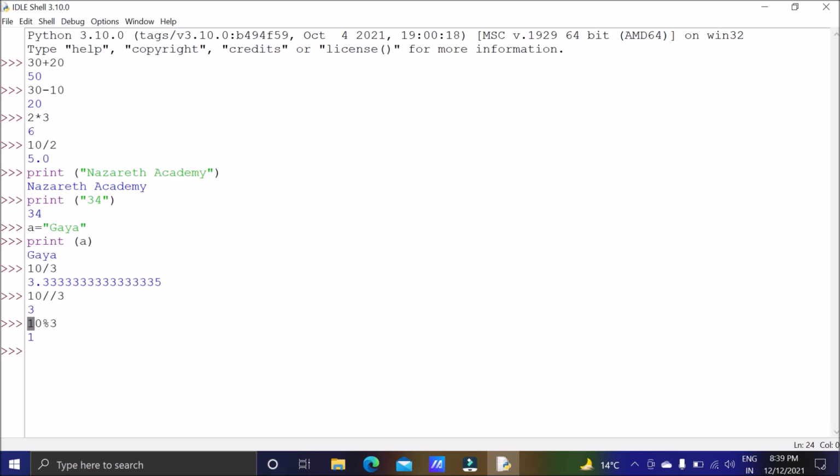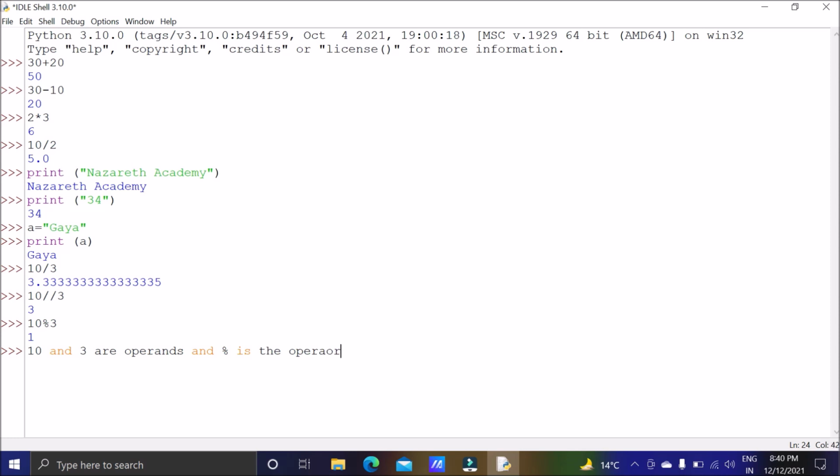And these numbers 10 and 3 are called the operands. The modulus operator, the slash division operator, the floor division operator, and the numbers on which they work are called operands. So here in 10 modulus 3, 10 and 3 are operands, and modulus is the operator.